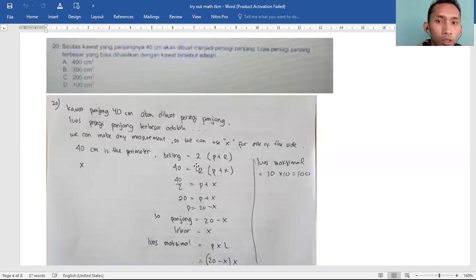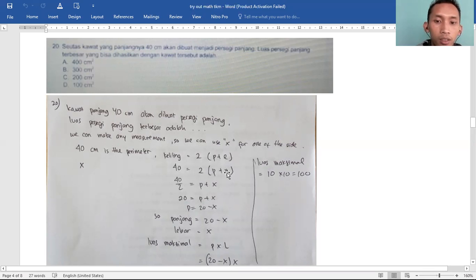Let's imagine how you will make a rectangle from a wire. Of course, the wire will be the perimeter, right? All the length from the wire will be the perimeter. So I can write it like this. Keliling itu adalah 2 kali panjang tambah lebar, length and width times 2. So 40 equal to 2